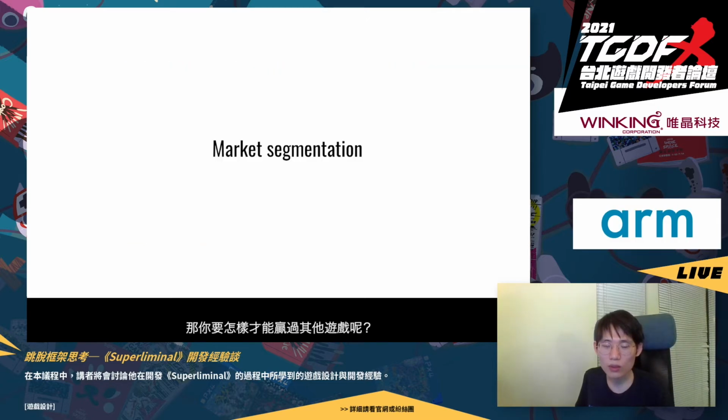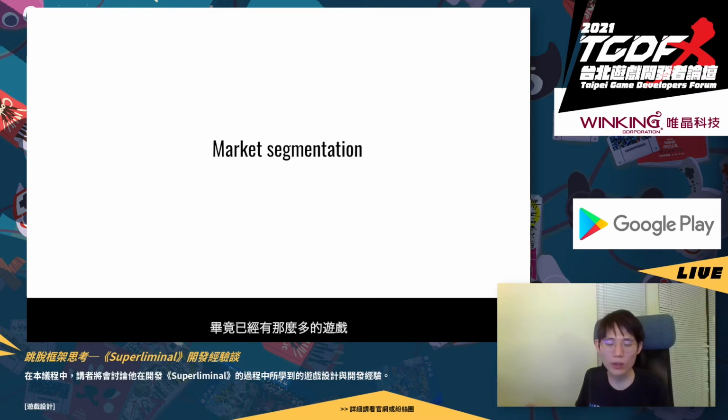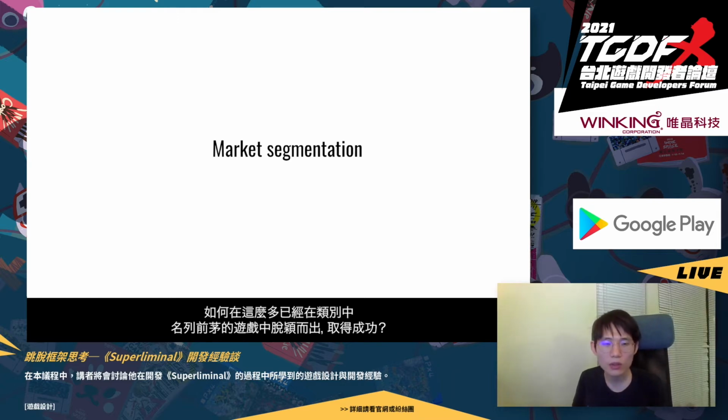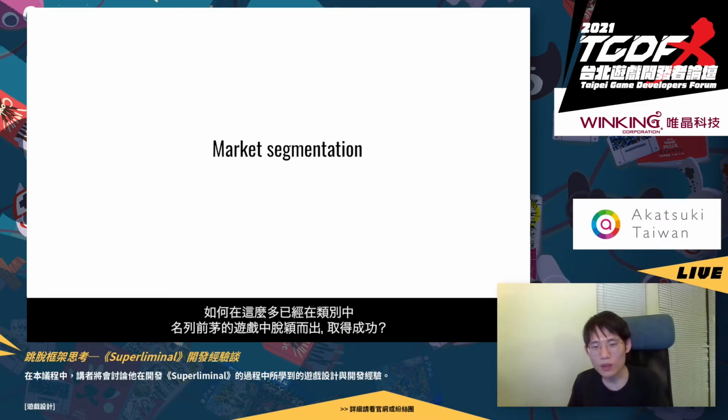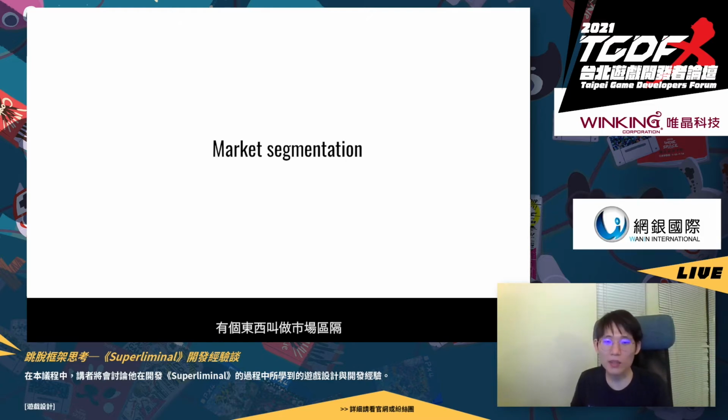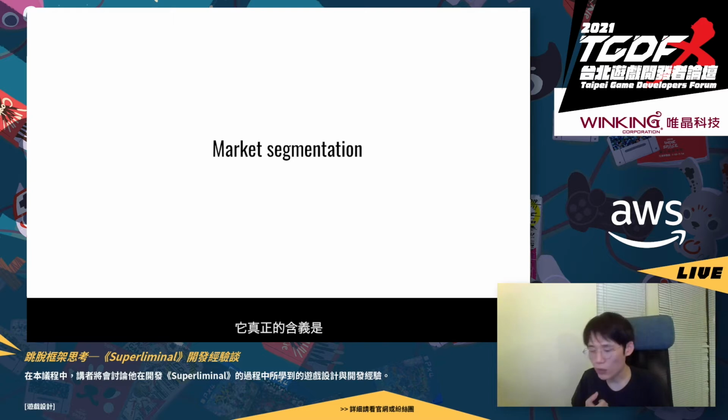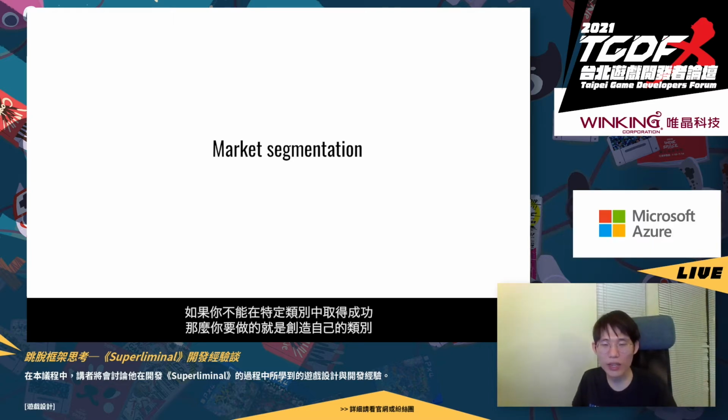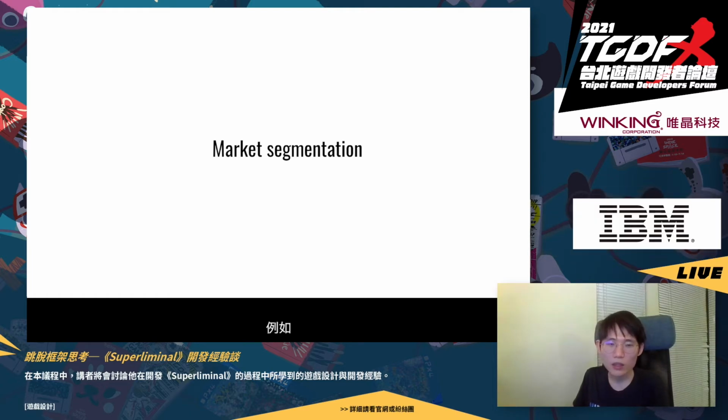And so then how do you win, right? There are so many games out there. How do you actually succeed when there are so many games that already come first in the category, right? And it's something called market segmentation. And what that means is really, if you can't succeed in a certain category, what you do is you make your own category, right? So for example,